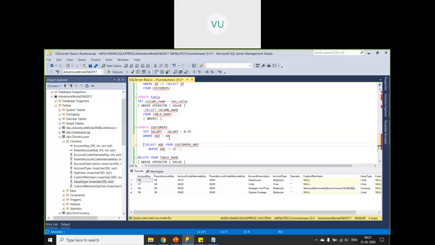Okay, but in this particular statement, instead of putting some literal value in the where condition, I am trying to get the value from a subquery. Okay, so update table name, set this column name equal to some value. In the where condition, I am first executing this subquery, and it will return one or more records, and I am applying this in condition. Okay.